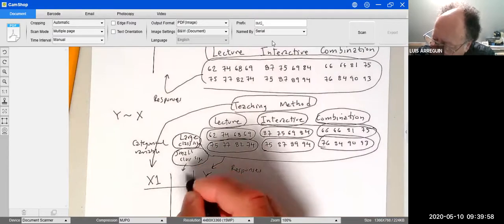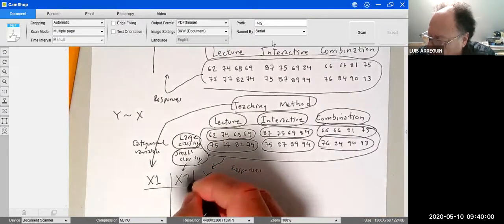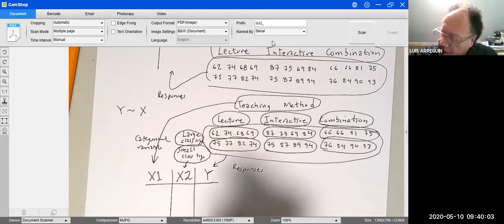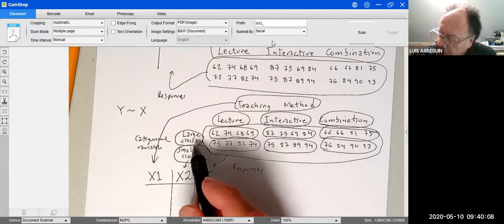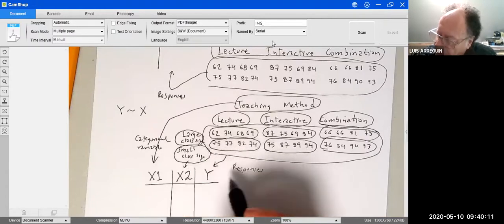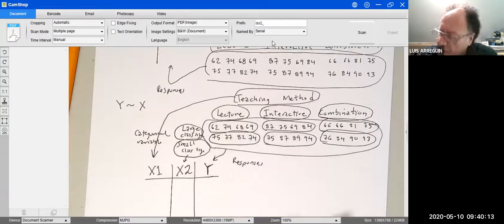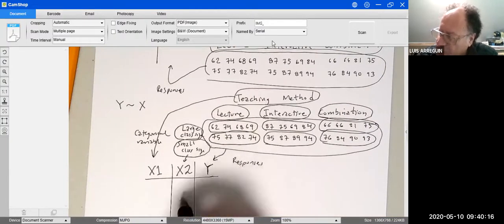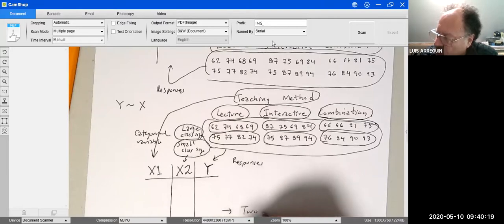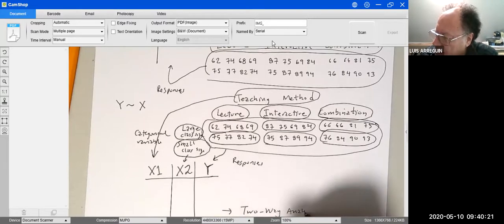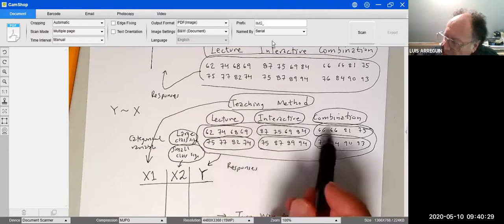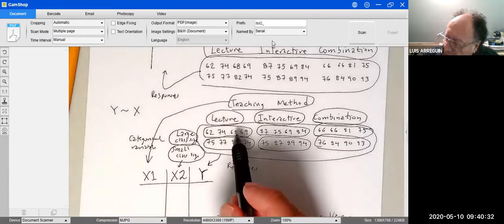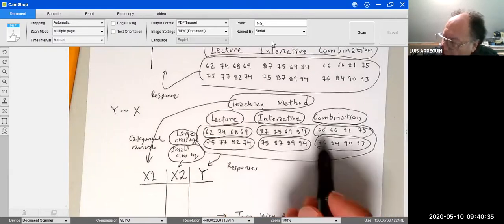So now these new labels or categories are going to be part of a second categorical variable. So we have one categorical variable, which is the teaching method, and the other categorical variable is the size of the class. And finally, I have my response. So I have now two categorical variables and one response. So I'm going to perform now a two-way analysis of variance. So now I want to know whether the difference of the means is significant. For example, I want to know whether all the means are the same, or at least there is one